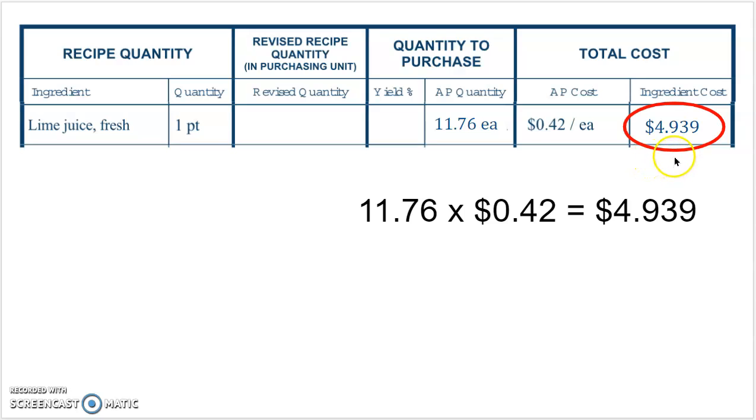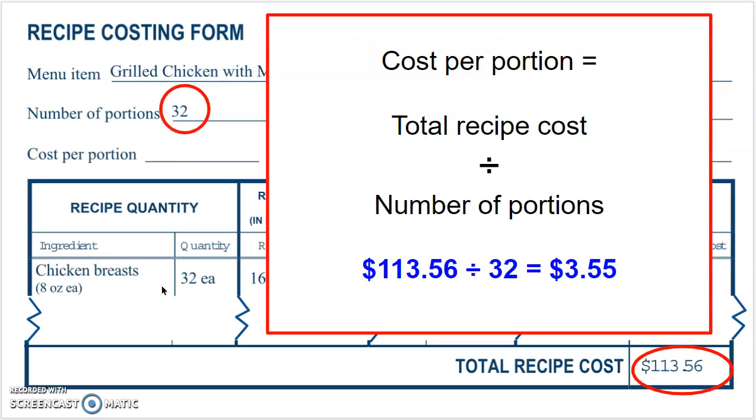Remember we talked about before that sometimes we'll keep some extra decimals, because in the middle of a process, we're going to eventually total up the total recipe cost. You'll cause less of a rounding error if you keep more decimals on your ingredient costs. Okay, so when we get to that total recipe cost down at the bottom of the form,